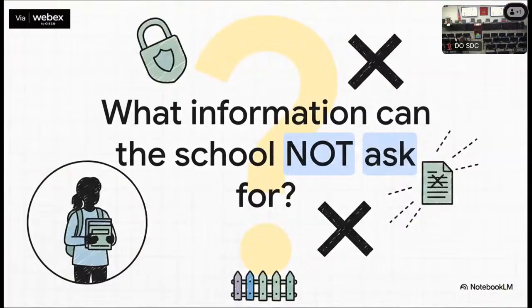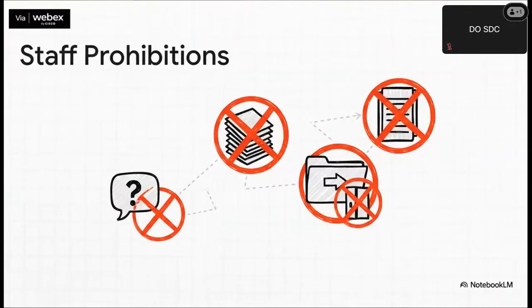This really gets to the heart of how the district creates that safe environment, because it starts by limiting what kind of information they can even ask for in the first place. The policy is super specific here. It says school staff are just not allowed to ask you about your immigration status, ask for any documents about it, or share your school records. They also can't just let agents wander into private areas like classrooms or school buses.